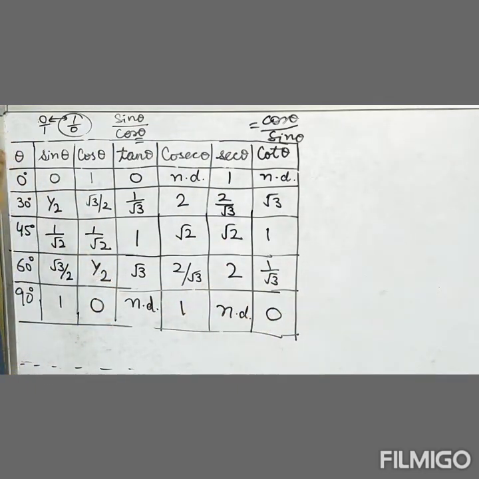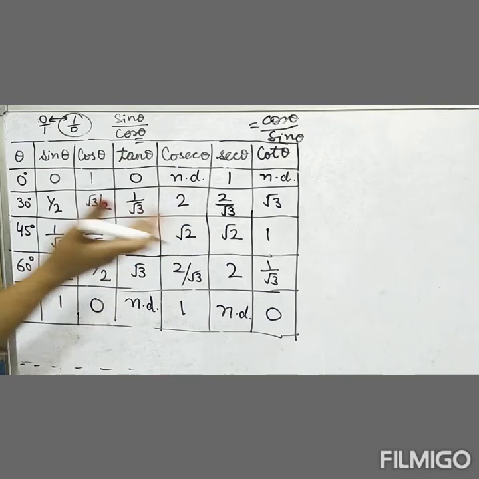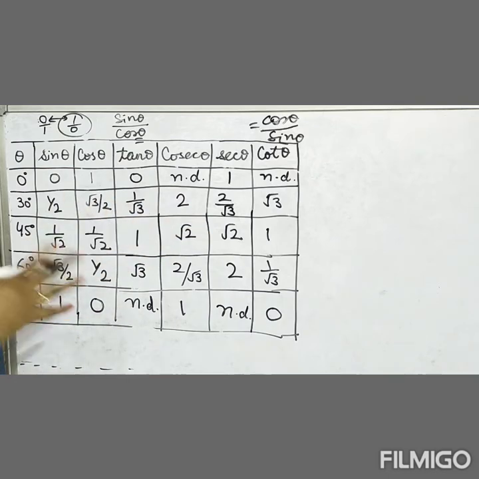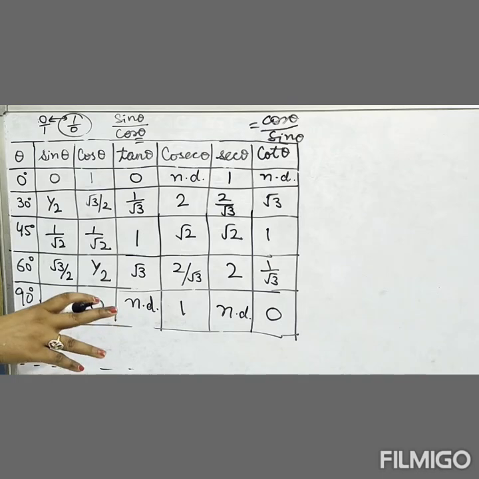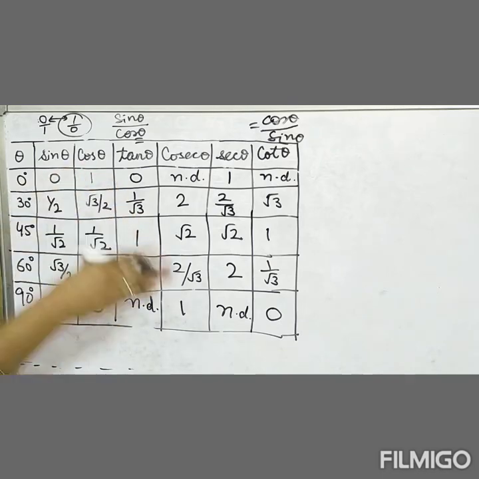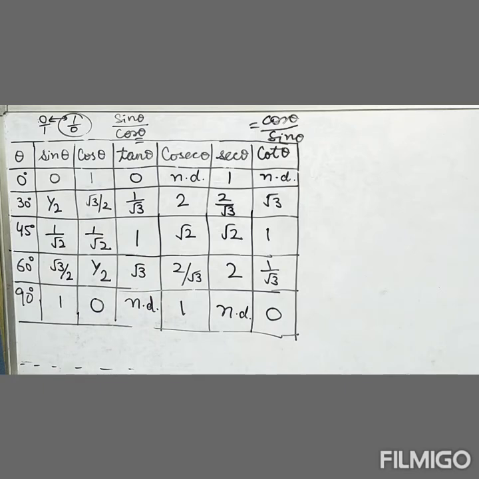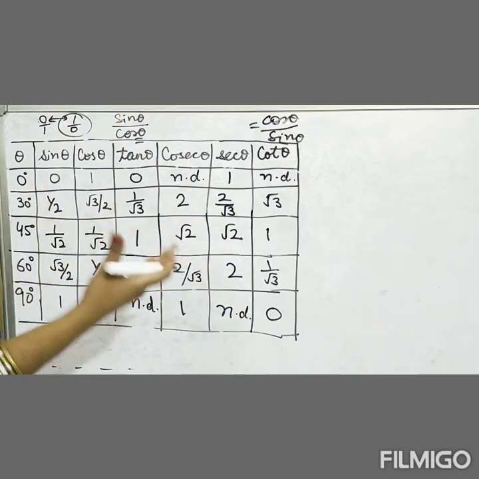Now you have all 6 ratios with the specific angles, and you should know the values of these ratios at these particular angles so that you can use these values in your question, right? When you go for the paper for taking the exam, the values are not given in the question paper. You have to write them by yourself. Either you have to learn these values, or you should know the proper way how to make the table.